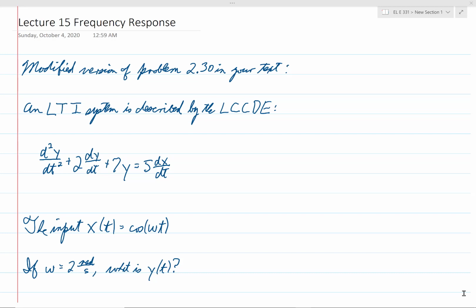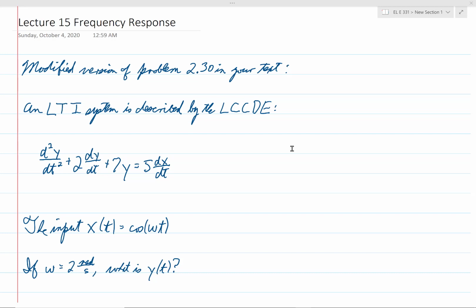In this lecture we will continue to discuss the frequency response. Remember that at the end of lecture 14 we were looking at what I called a modified version of problem 230 in your text. Actually it would be more accurate to say that it was just the first part of that problem. And in today's lecture, we'll look at not only the first part, but the second part as well. But first, let's confine our attention to the first part, which we began looking at in lecture 14 and will